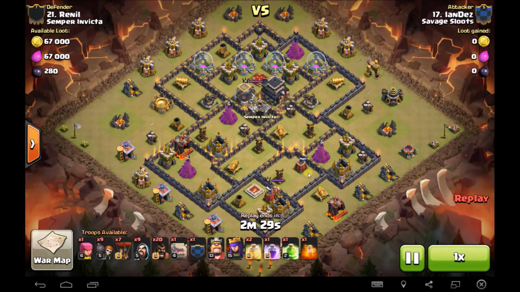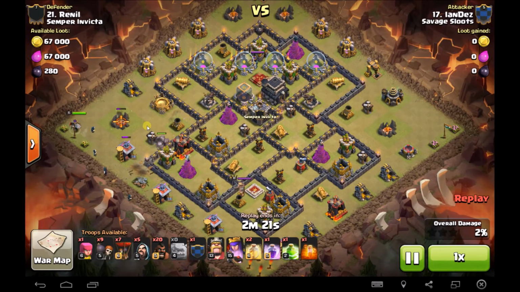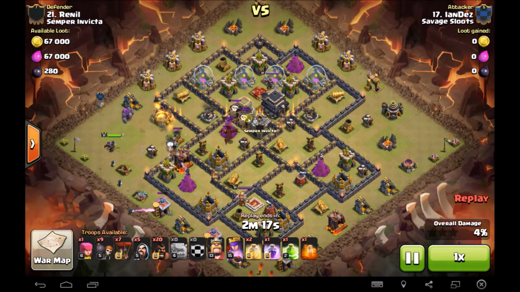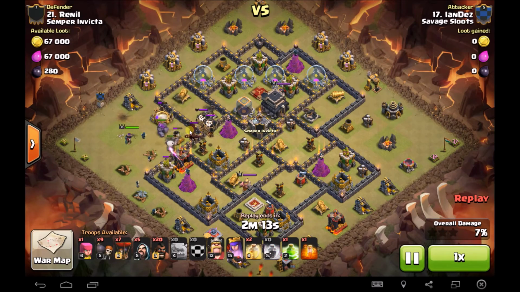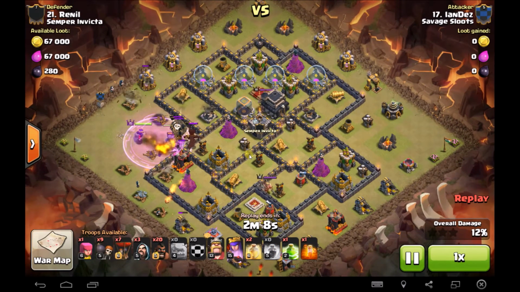In this raid, Ian comes in with a shattered goho from the left side, golems starting it off with some wizards behind it to create a funnel. The queen comes down in the middle, and the second golem farther up. So starting off here, he uses a rage to get some things started, to help with the clan castle troops and just to help them push deeper